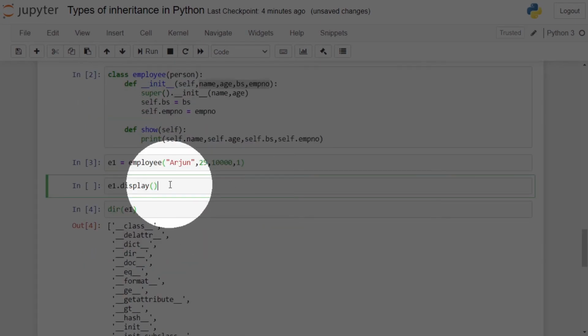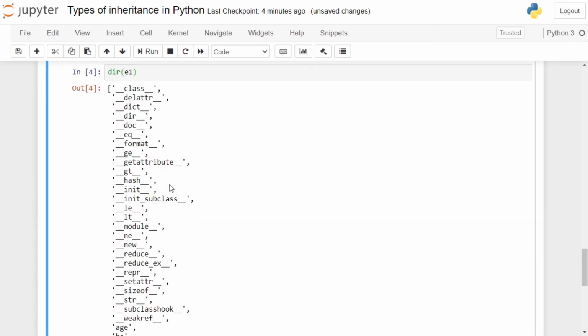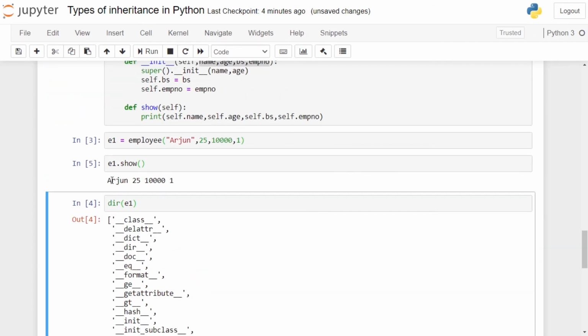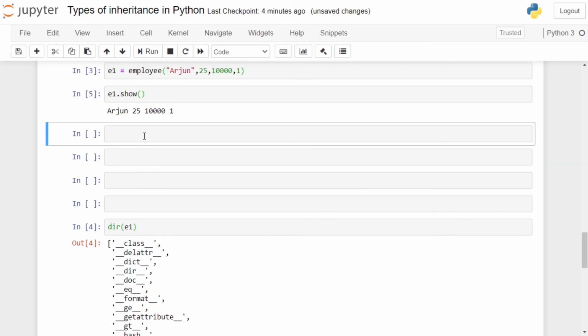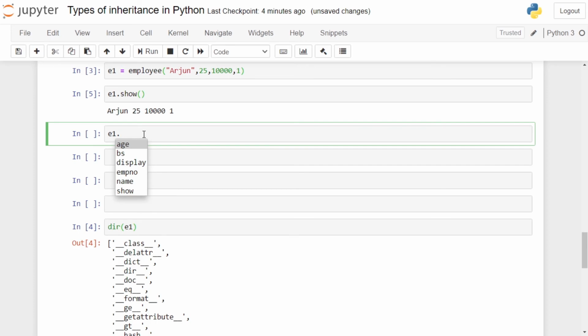So using the object of the derived class you can call show function which is of derived class which will show name, age and basic salary and employee number of the employee, or press escape A, E1 dot display.